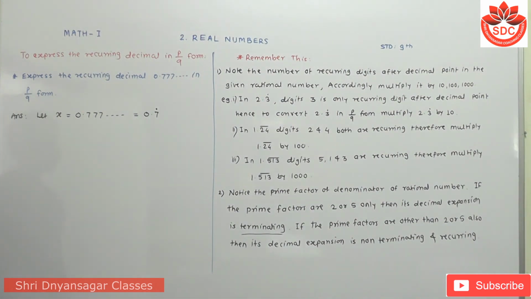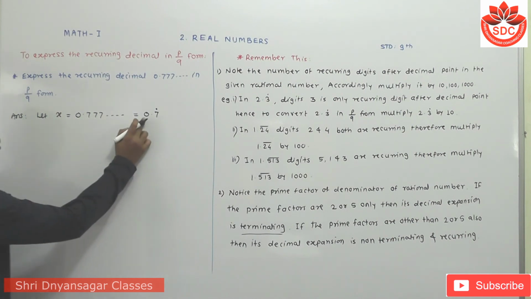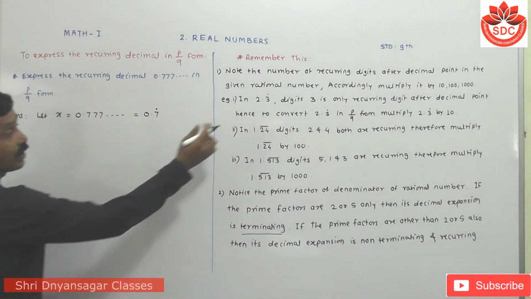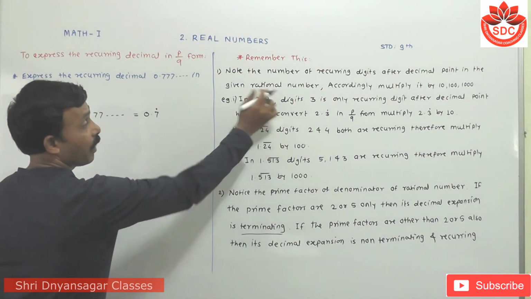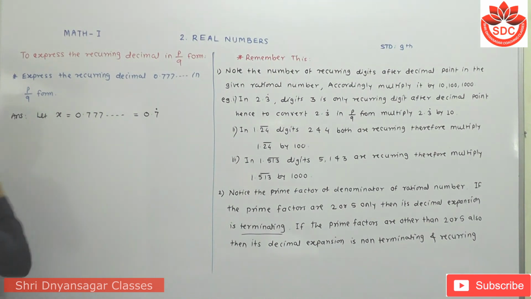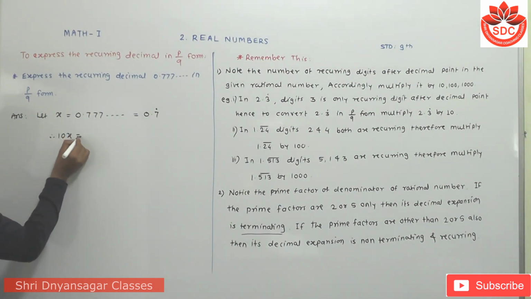Look carefully: after 1 digit the number is recurring, like 2.3 bar. So we multiply this equation by 10, giving 10x equals